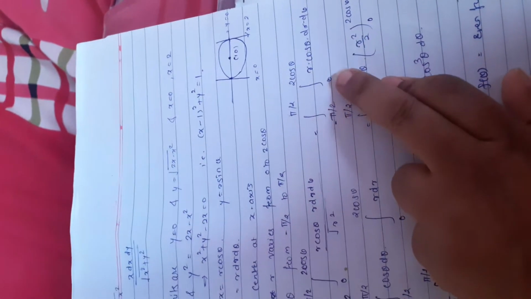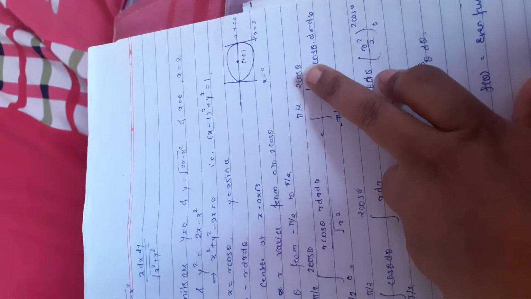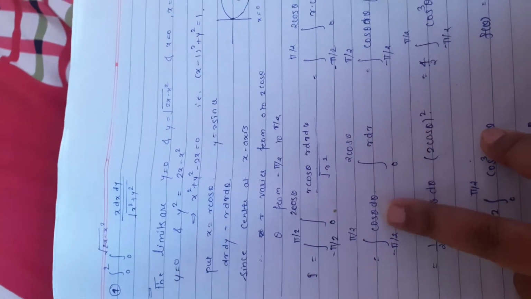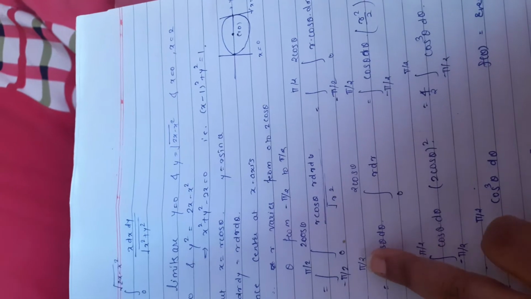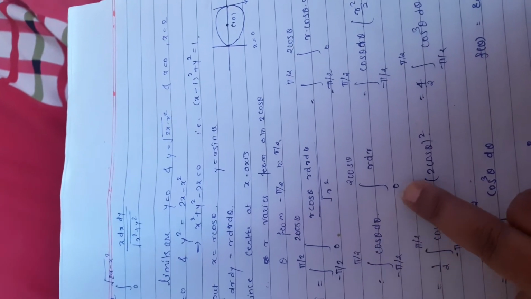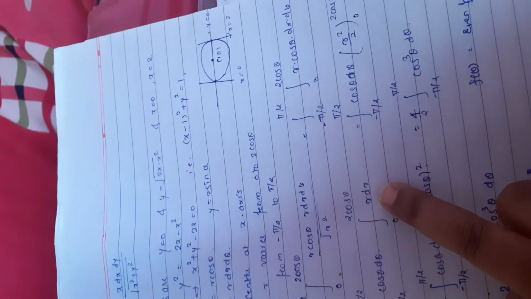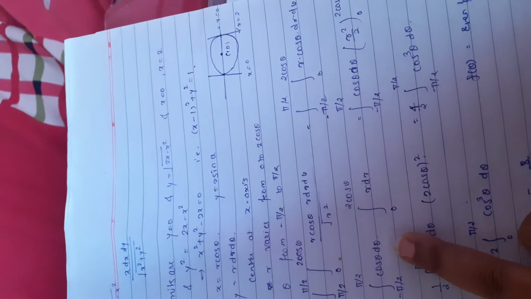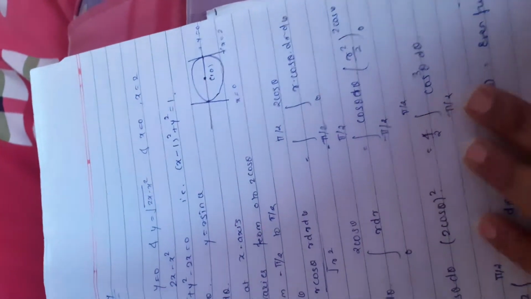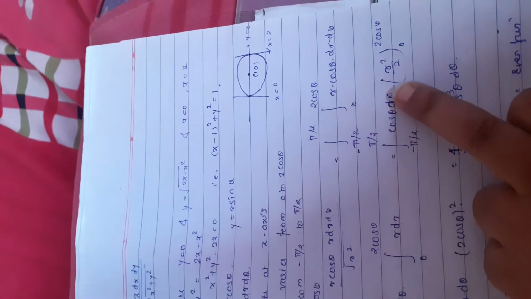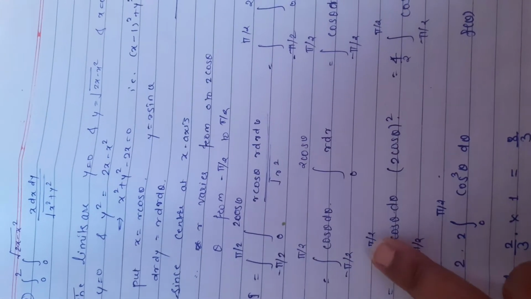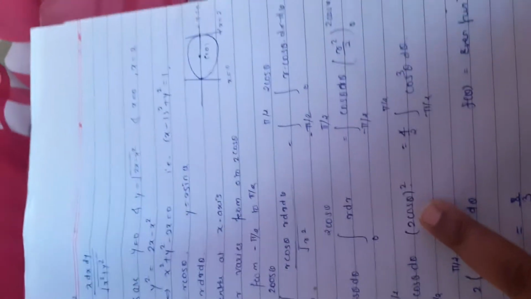Now, as the limits for r are 0 to 2 cos theta, we have to first integrate with respect to r and then with respect to theta. So the integral from minus pi by 2 to pi by 2 of cos theta d theta, times the integral from 0 to 2 cos theta of r dr. Take the integration of r, so that the whole integration is converted into the angle theta, and we can apply the limit in terms of pi by 2. The integration of r becomes r square upon 2 from 0 to 2 cos theta, 2 is a constant term, so 1 by 2 times the integral from minus pi by 2 to pi by 2 of cos theta d theta, and here we apply the limit.